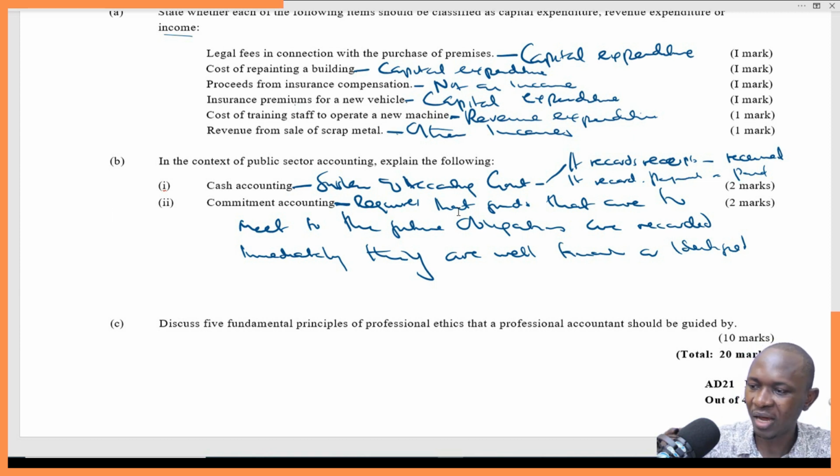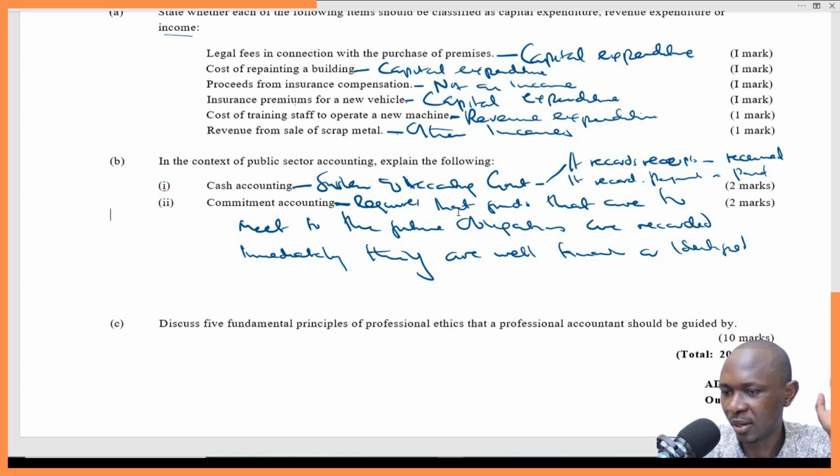So the moment you can foresee the need for these funds, whether they are coming in or out, the whole concept here is that we need to put that into consideration. Once we anticipate the future obligations, we put that into consideration. That is the commitment accounting, so that we can set the resources aside to meet those obligations as and when they fall due. So this policy sets out the requirement to track all material commitments.